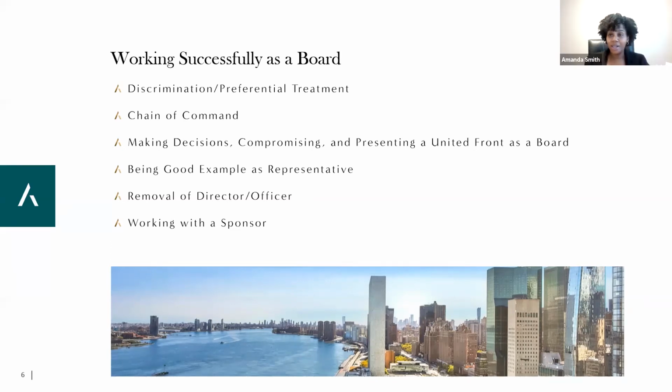We'll touch on chain of command, and this one is really quick. Sometimes we have board members who like to go to staff members directly and tell them what to do. Sometimes we have staff members who skip the super and like to go to the board and voice their complaint or their dissatisfaction or whatever it may be. I always tell my boards there is a chain of command, and how that goes is the building staff reports to the super, reports to the manager, who then brings to the board any items that they cannot handle or need board input or board decision.